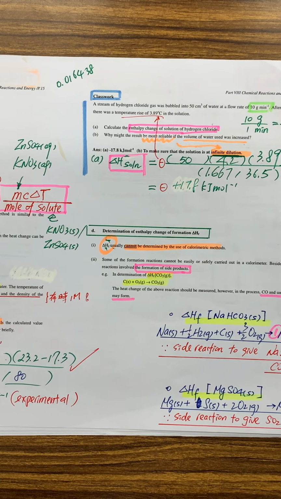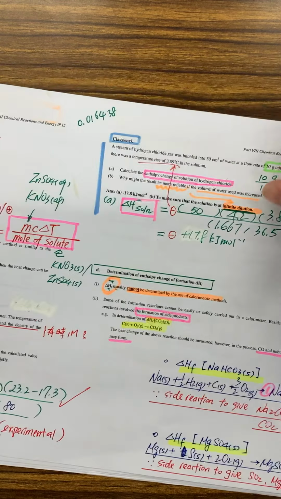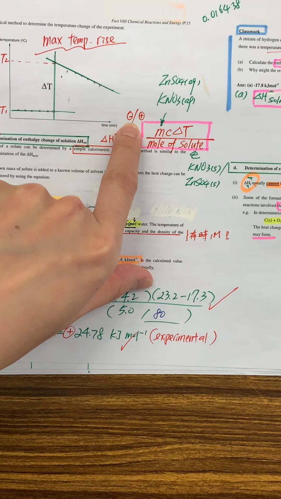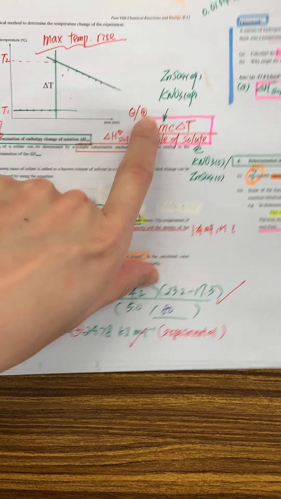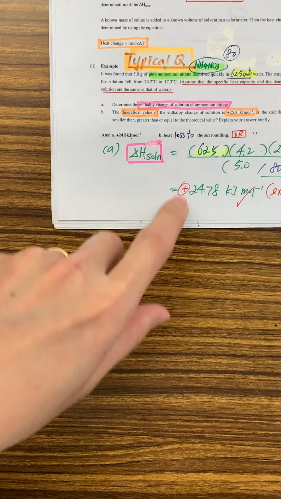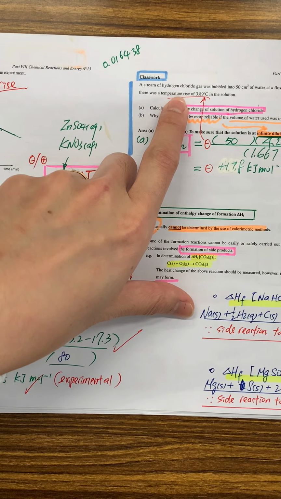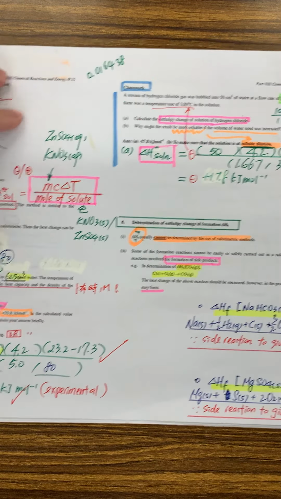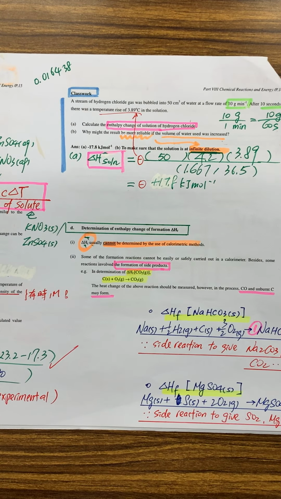So maybe you may ask me, well, sir, for delta H solution, how can I predict is it negative or positive? I'm confused. Temperature dropping is positive, temperature raise is negative. Very common. Temperature raise means heat is released, right? And